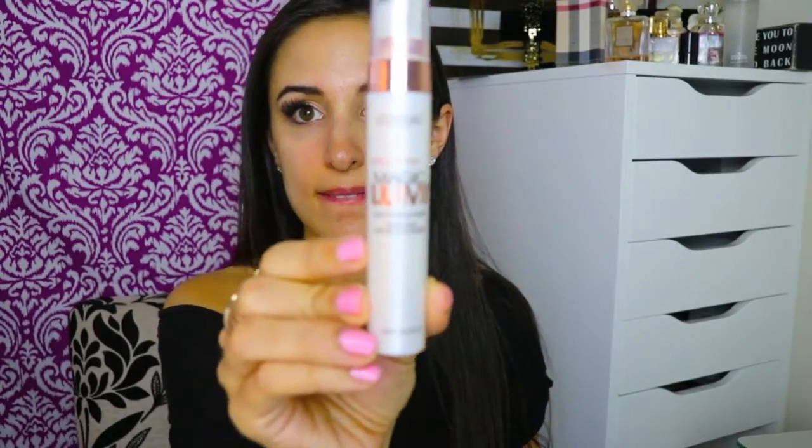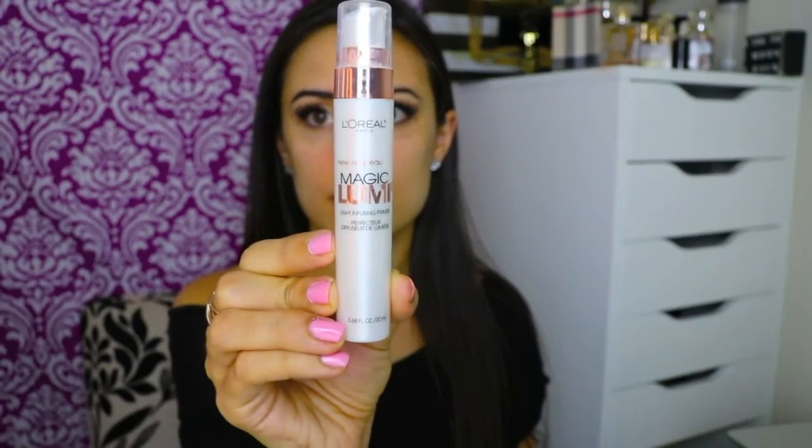Okay, so I'm going to be going in with primer. This is by Loreal. It's called Magic Lumi. I do recommend this for dry skin people, not for oily skin people, because it does make you shine. I already put it all over my face before this video. I just forgot to get a clip of it. So right here, I'm just putting it at the tops of my cheekbones because that's where I would want natural